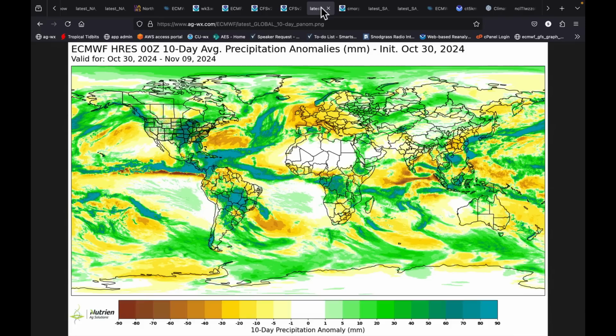Okay, from there, let's talk a bit of global weather in the near term and finish up with South America. I just want to give you a 10-day outlook from the European. And of course, a lot of Europe is drier right now, wetter in this part of Western Russia. We can see, though, that big sections, according to the European model, are wet in parts of South America.